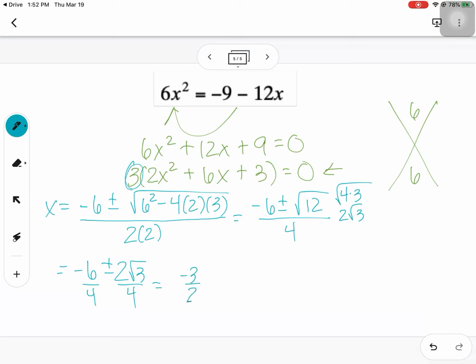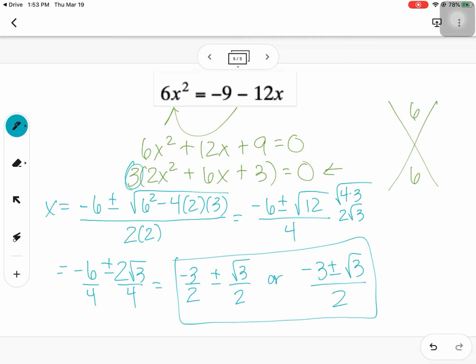6 over 4 does simplify. That's negative 3 over 2. Plus or minus 2 over 4 also simplifies, so it's square root of 3 over 2. You could write this just as one fraction since the denominators match. So either way of writing this one is perfectly fine, but those would be your final answers. Again, if you didn't GCF at first, it will still work. Your numbers are probably just larger right here, but it should eventually simplify down to give you